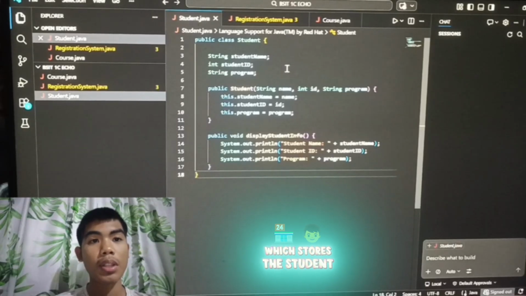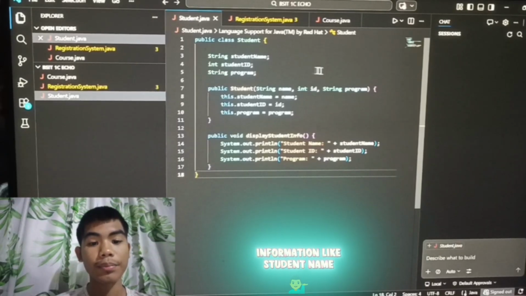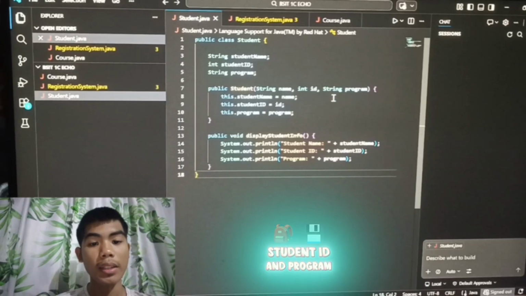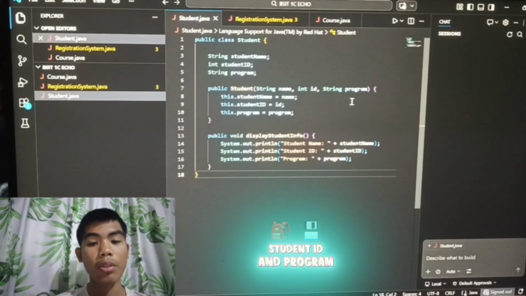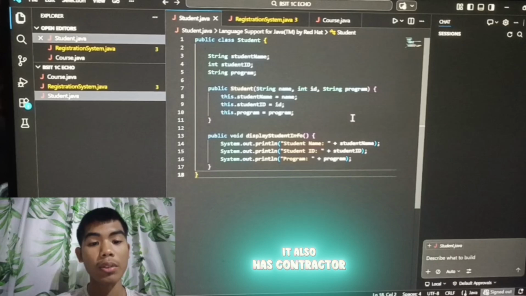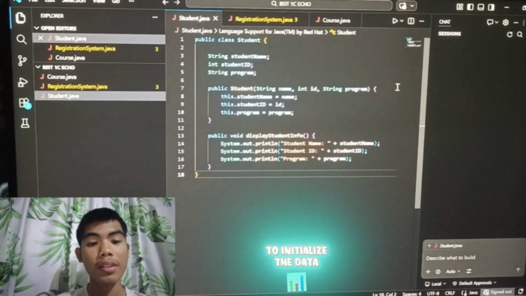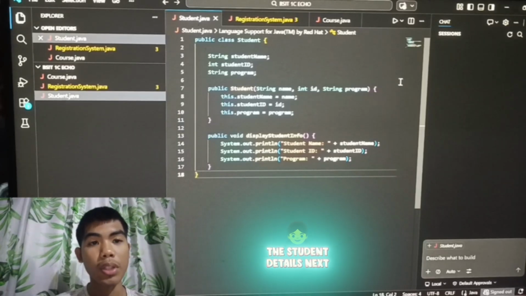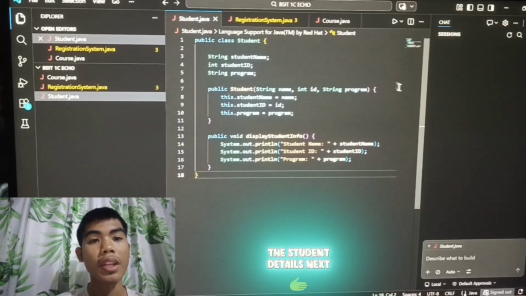stores the student information like student name, student ID, and program. It also has a constructor to initialize the data and a method to display the student details. Next,